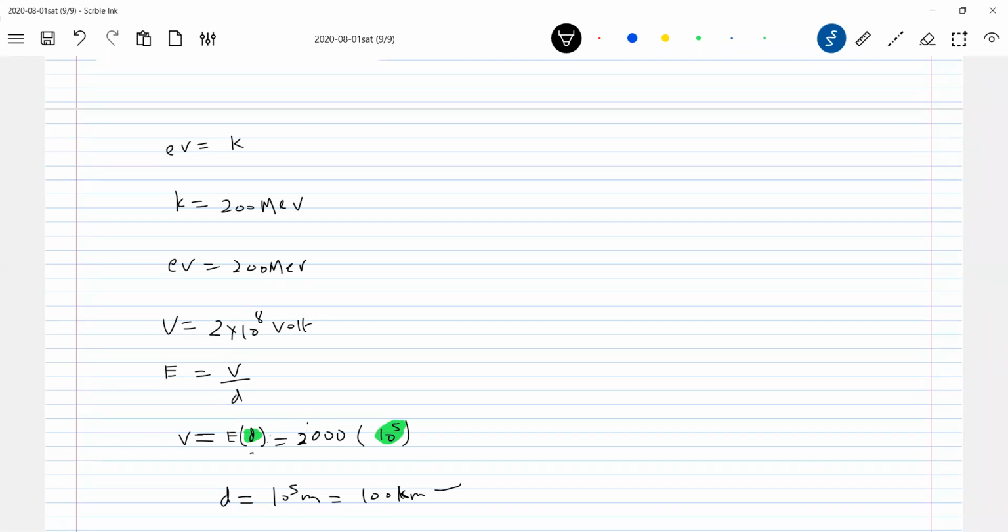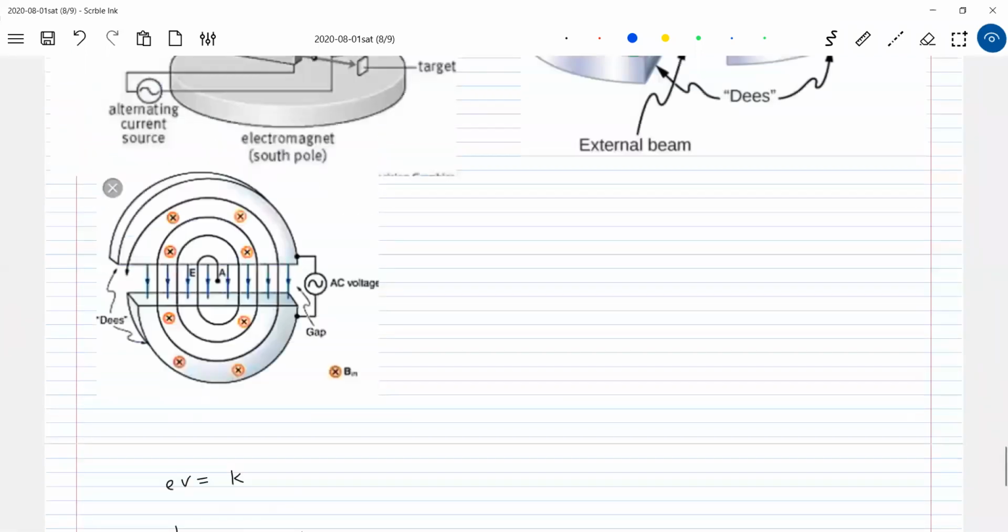So can we allot for a nuclear reactor 100 kilometer, some length of pipe or some other thing? Can we allot this much space? Or just for scanning equipment, can you give this much space, 100 kilometer? Totally no. So to overcome this is what the cyclotron is. Are you getting the rest of everything? So we'll come into this.